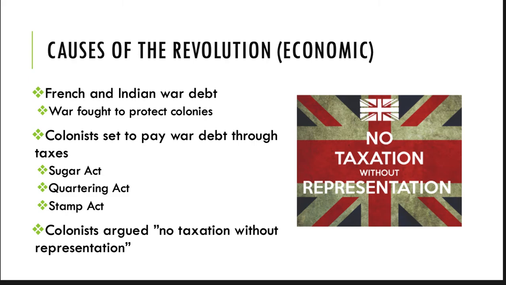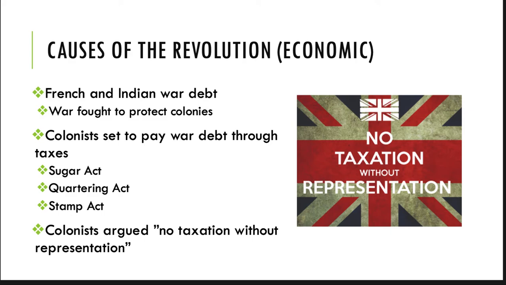So the colonists are meant to pay off the war debt through taxes such as the Sugar Act. The Sugar Act is actually going to lower the tax or duty on foreign molasses, but what it does do that really angers the colonists is put customs officers, so like customs when you go through the airport, there are going to be customs officers there checking the ships as they come in, and there are going to be courts that are set up to collect taxes, and here's the big part,